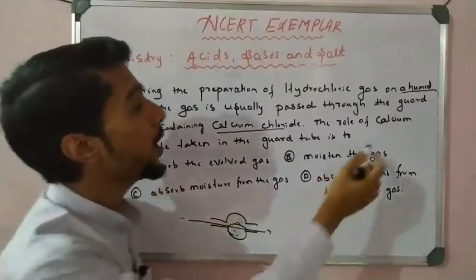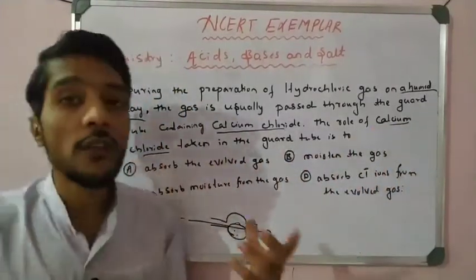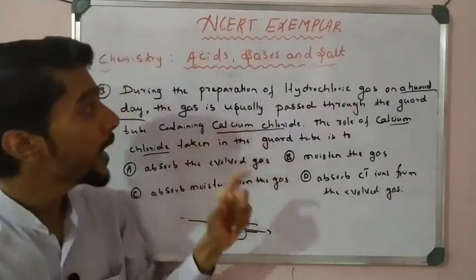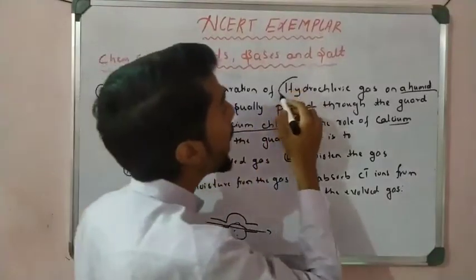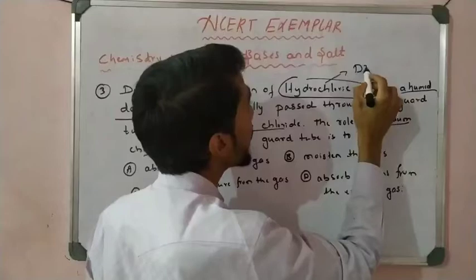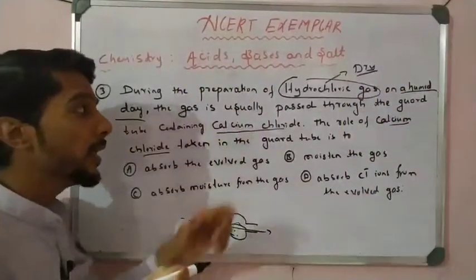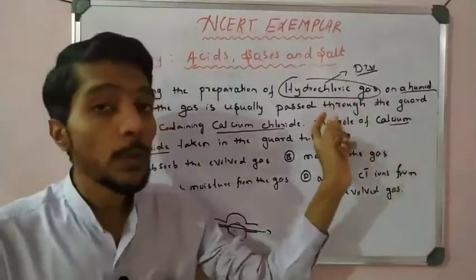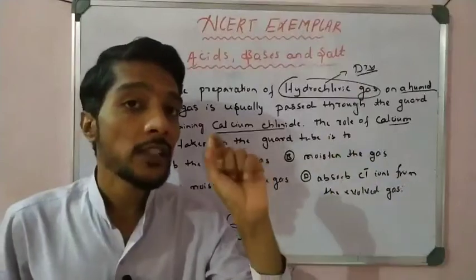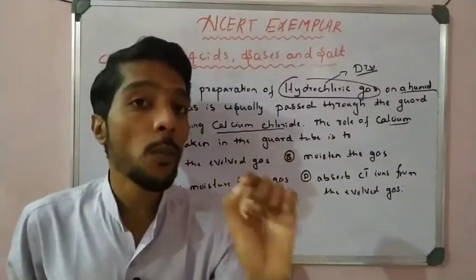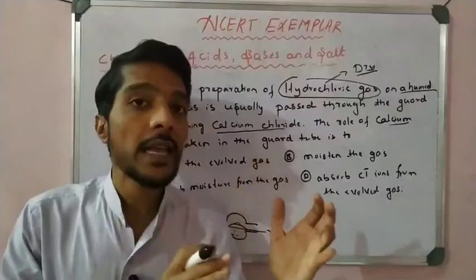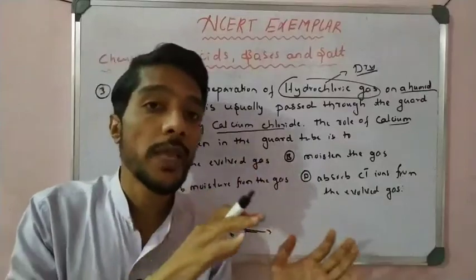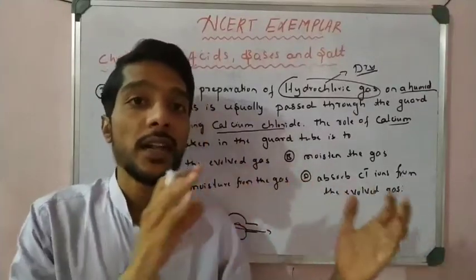So here the question is, what is the role of calcium chloride here? What is the function of calcium chloride? What does the calcium chloride do with the HCl gas? Remember that in this experiment we actually required a dry HCl gas. If you read the NCERT, you can see that in this experiment we require dry HCl gas. In industry, the HCl must be prepared as dry HCl gas. Dry means it is free from water droplets, free from moisture. So if the HCl gas contains moisture when it passes through the environment, we have to remove those water droplets and make it dry HCl gas, right?